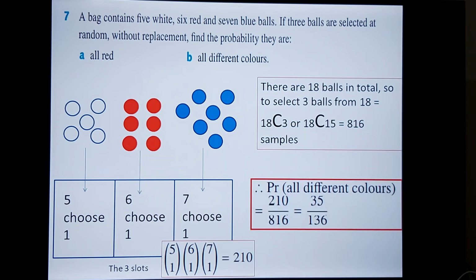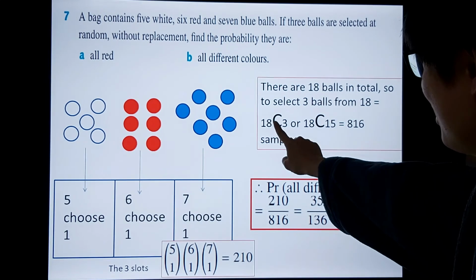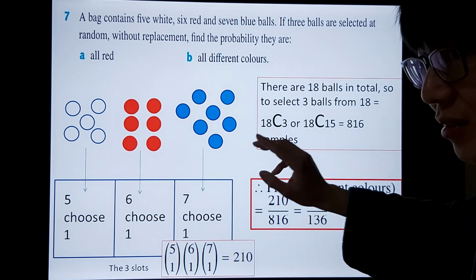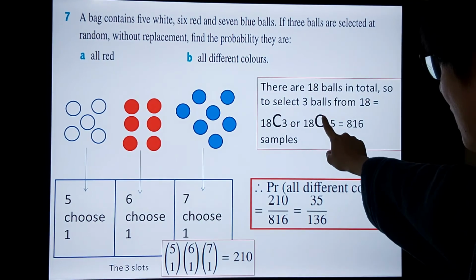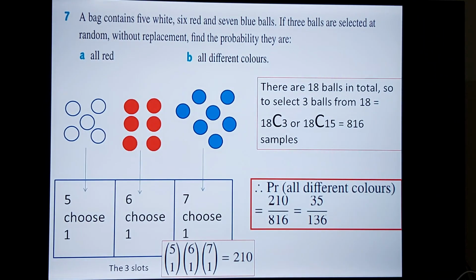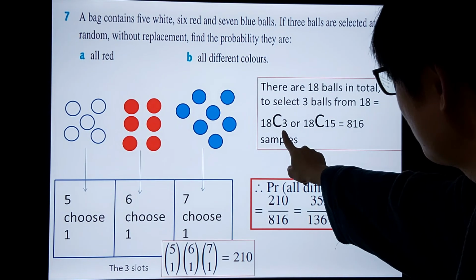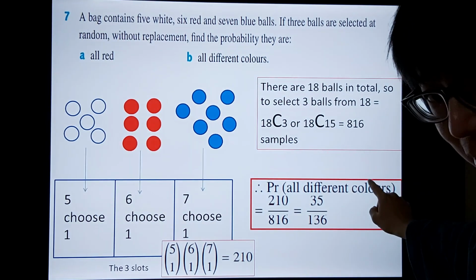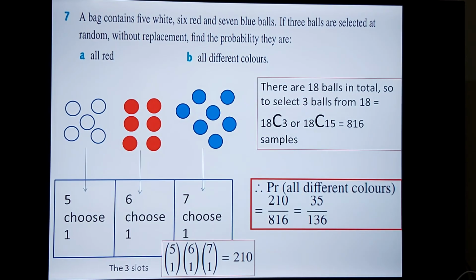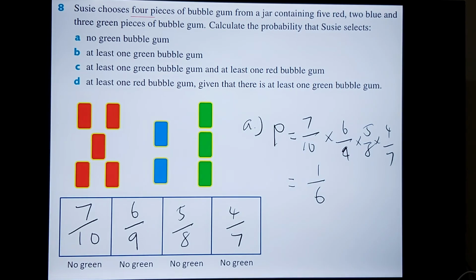By the way, 18C3 is the same as 18C15. It's just like 18C0 is the same as 18C18. Okay, number 8. Susie